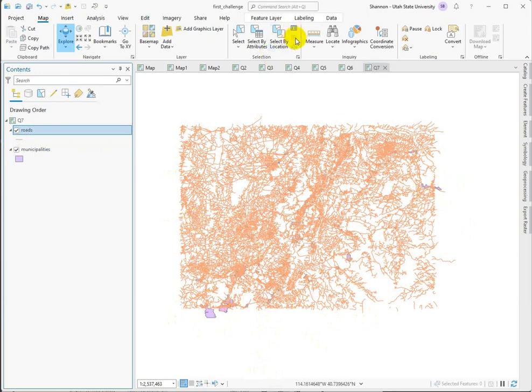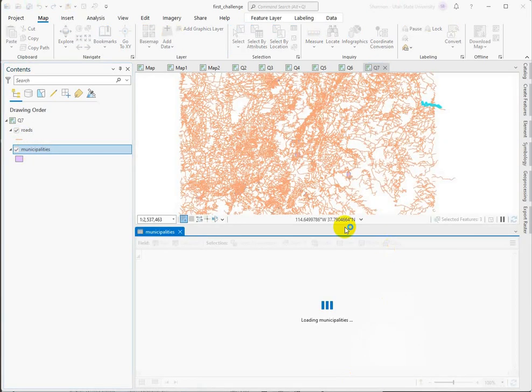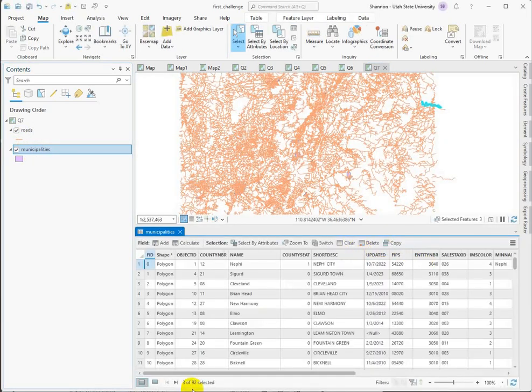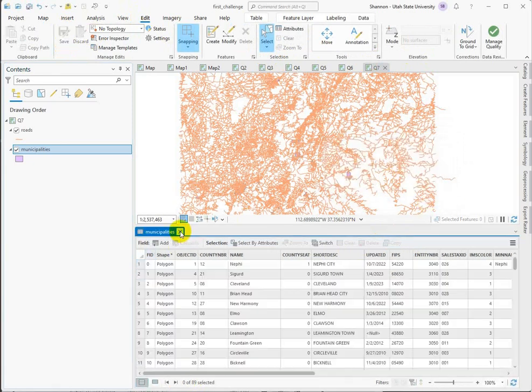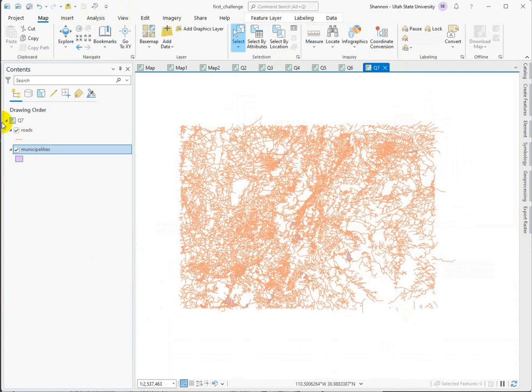And we can do the same thing. This time I'm just going to go ahead and delete them because we don't need this for the next question. All right, open the attribute table here. Just verify that I have 3 selected. That's what I was basically going for. And yes, I want to delete those and then save. Okay. Right, so now we've got municipalities